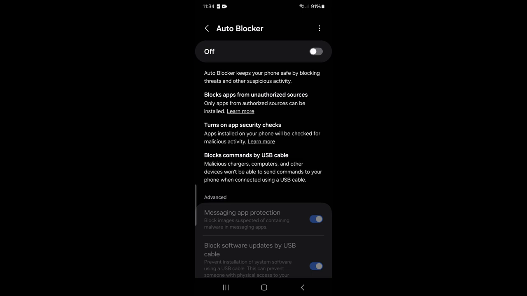As you can see here, mine is currently off. So I can simply toggle it on and it will be enabled. And there are a few benefits to it. As you can see, it blocks apps from unauthorized sources and also turns on App Security Check. So it will continuously check installed apps to see if there is any malicious activity, and also blocks commands by USB cable. So malicious chargers, computers, and other devices won't be able to send commands to your phone when it's